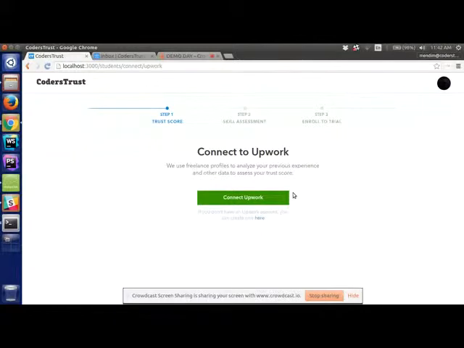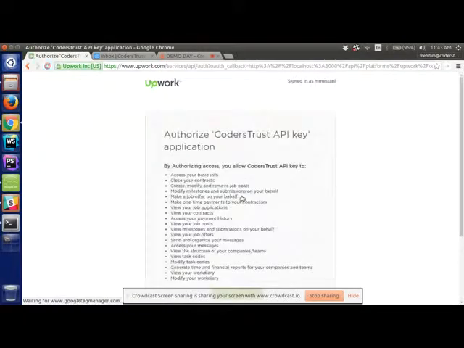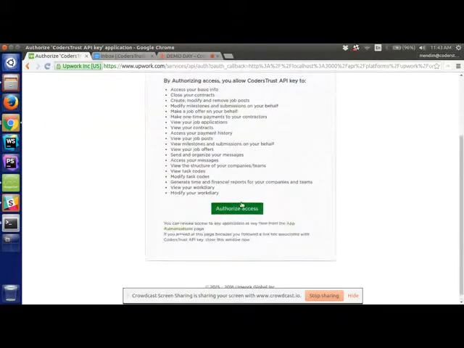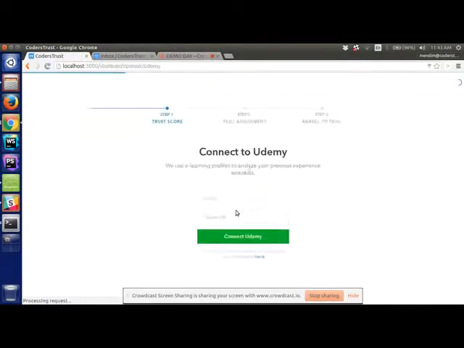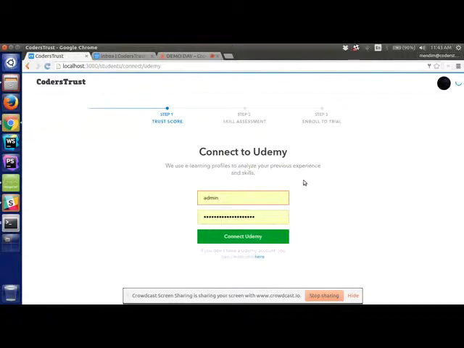And now I'm redirected to connect the Upwork. So this service is for work, and I'm just gonna connect Upwork now. Okay, authorize access. And now we have a service for learning, Udemy.